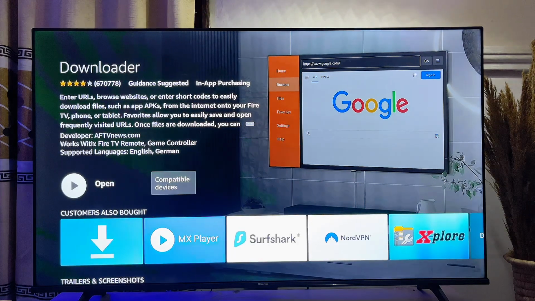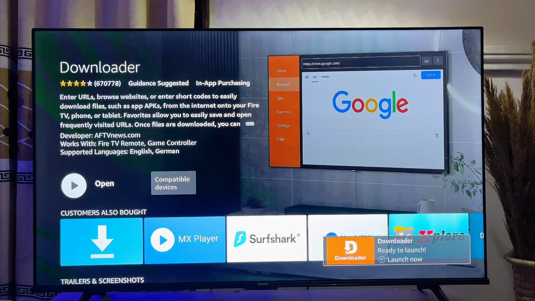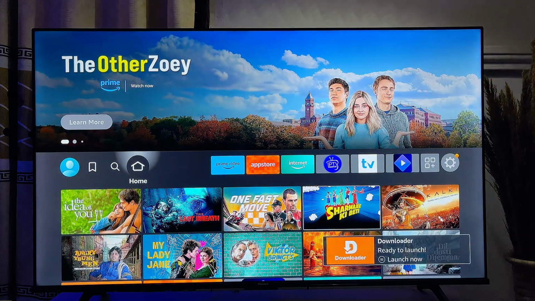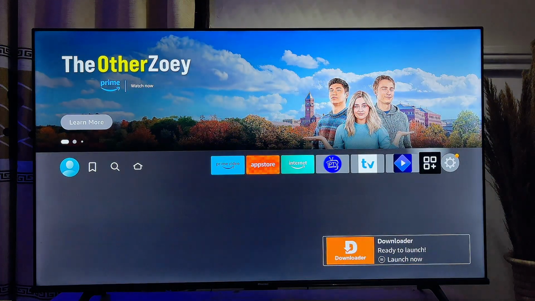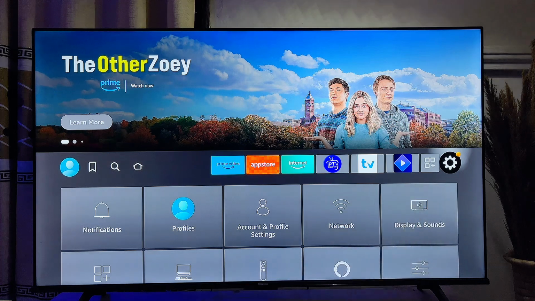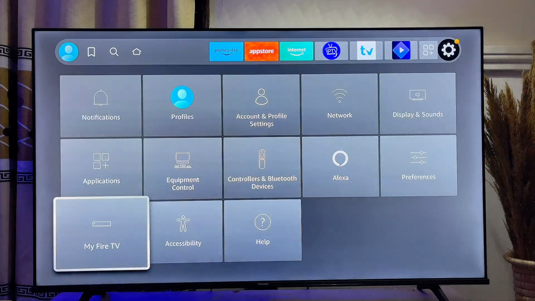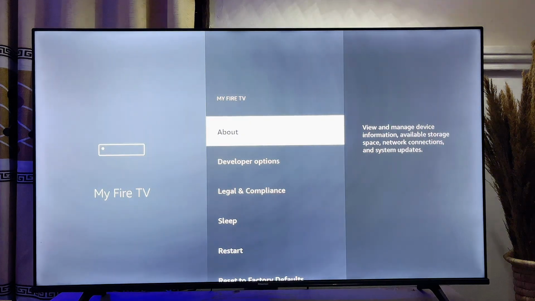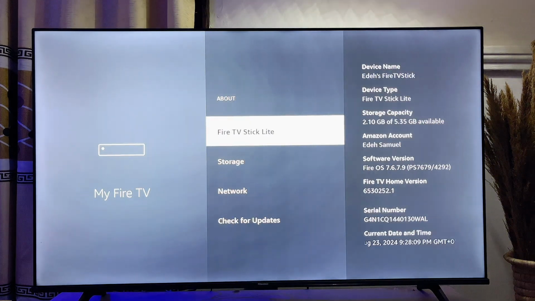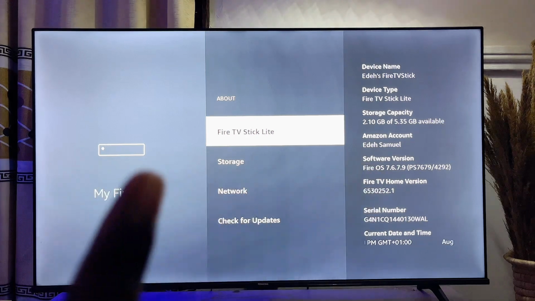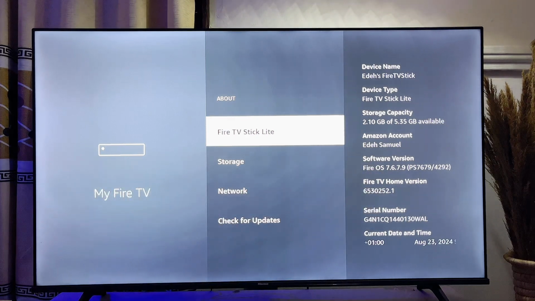Once Downloader is installed, before you go ahead to open it up, you want to come back to the home of your Fire Stick like so, and then go over to the settings icon at the top right corner of your Fire Stick. Now scroll down until you get to My Fire TV, click on it. Now at this point you want to click on the About option, and then continuously click on the name of your Fire TV device over here 7 times to enable the